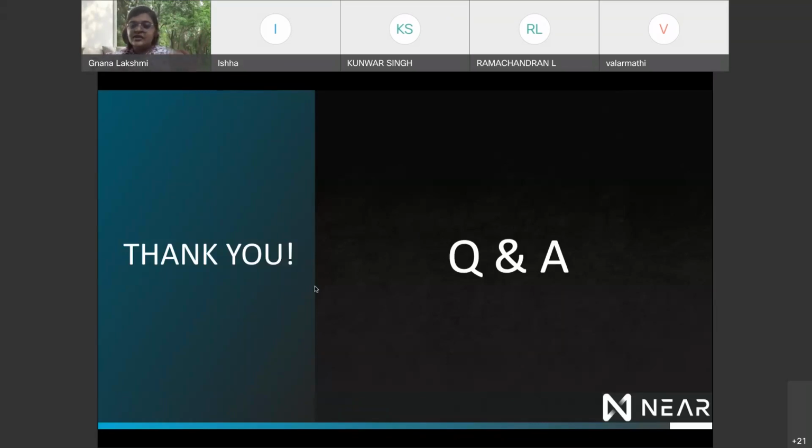The Near engineers themselves or people from the community will help you refine the use case and understand whether blockchain is the right technology for it and whether Near can be used. Any layer one public blockchain can be used in any use case. There is no bar on the use case.